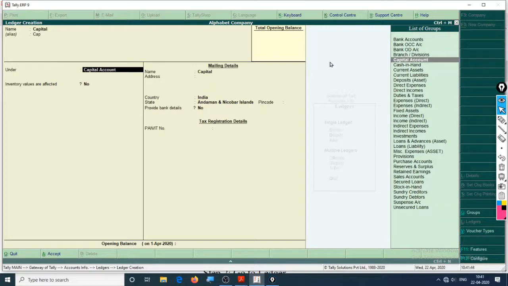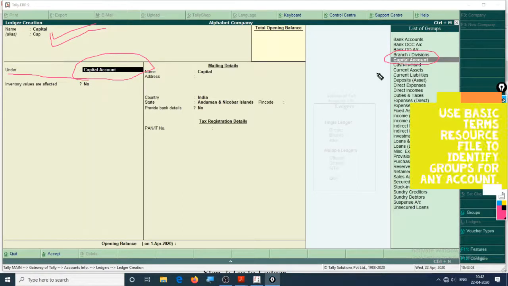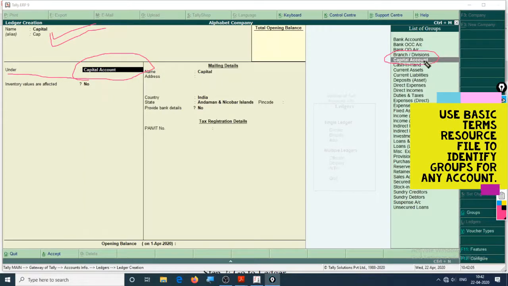As you wrote capital right here, it automatically shows which group it belongs to. So this right here is an important part, because when you create an account, it will always ask you which group your account belongs to. As it is suggested, it belongs to capital account. So you can choose capital account because it really does belong to capital account.